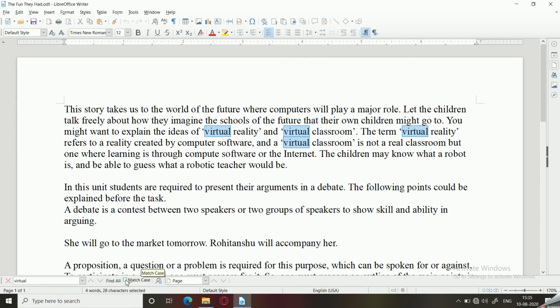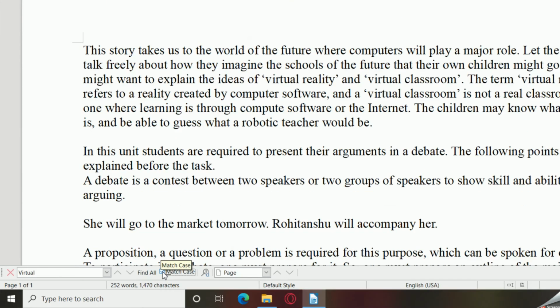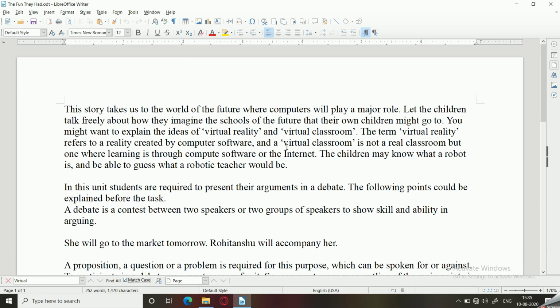Same way I have the Match Case option here also. If you click on Match Case, it is going to look exactly for that version which matches the case. Suppose I am typing Virtual like this, with a capital letter, and now I am going to click Match Case and try to find the options.